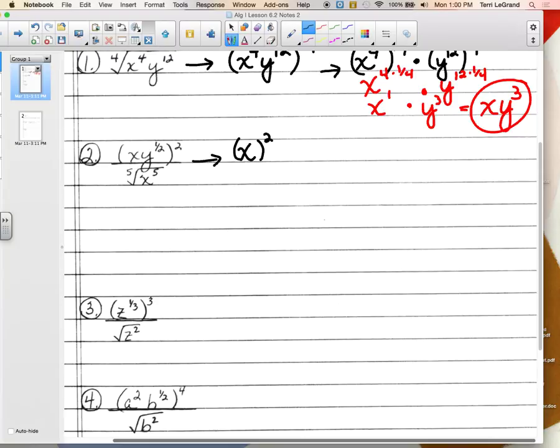So this is x, it's going to get its own power of 2. Y to the 1/2 power is going to get its own power of 2. So a product to a power, give each of the factors their own power. X is a factor, y to the 1/2 is a factor, over,